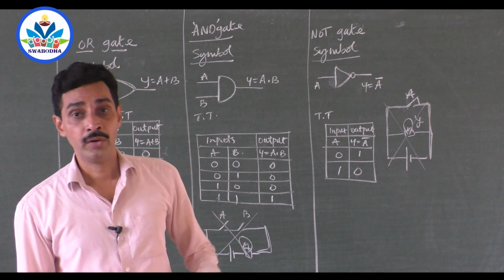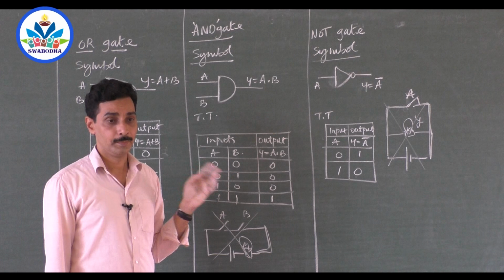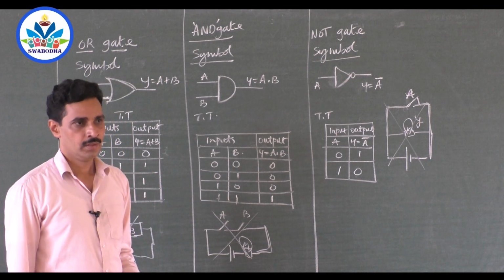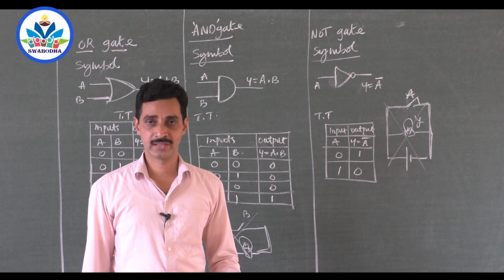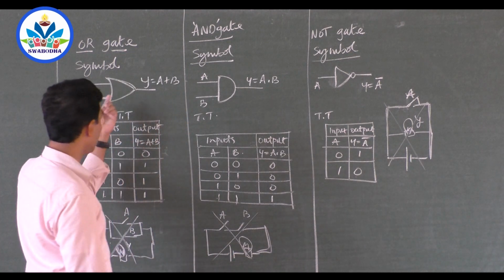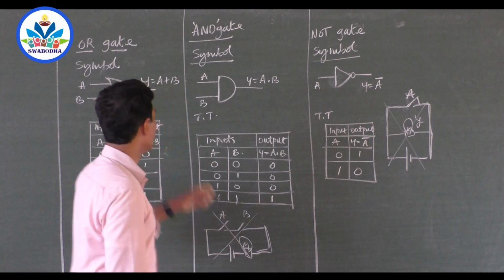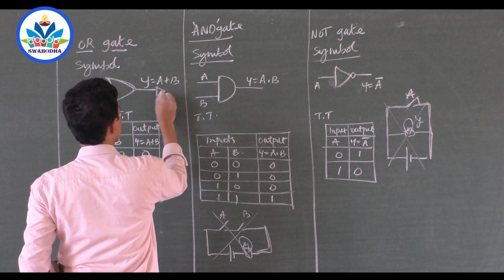We have a few more logic gates. These are called basic logic gates. Basic logic gates are AND, OR, and NOT. Now there are some other logic gates. Combinational logic circuit. What do you mean by combinational logic circuit? Sir, can I connect the output of this logic gate to the NOT gate? Yes, possible. You connect the output of the OR gate to the NOT gate like this.